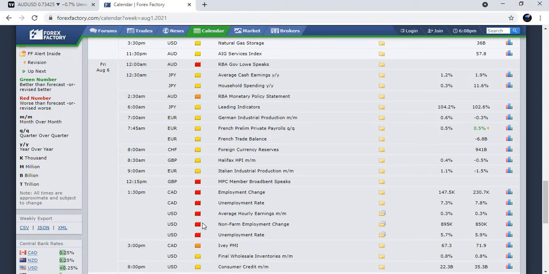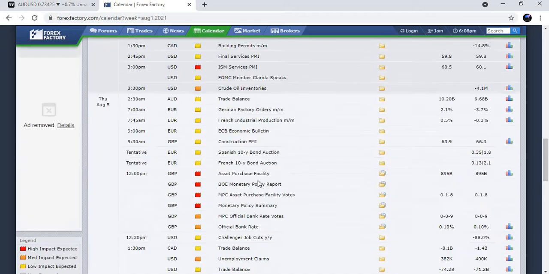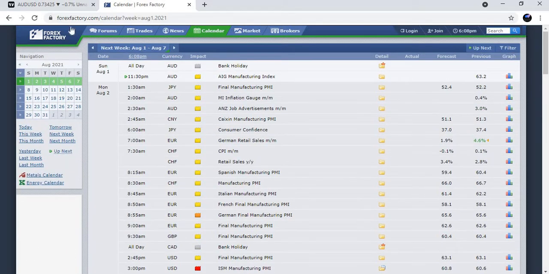So for the US dollars, they are going to be releasing NFP news. So we're going to be dropping a signal to trade this NFP news for this Friday. It's really going to be massive. The movement for the US dollar is really going to be massive. That's how most NFP news are. I think we should get right into this video after we have seen the pairs that we should avoid trading